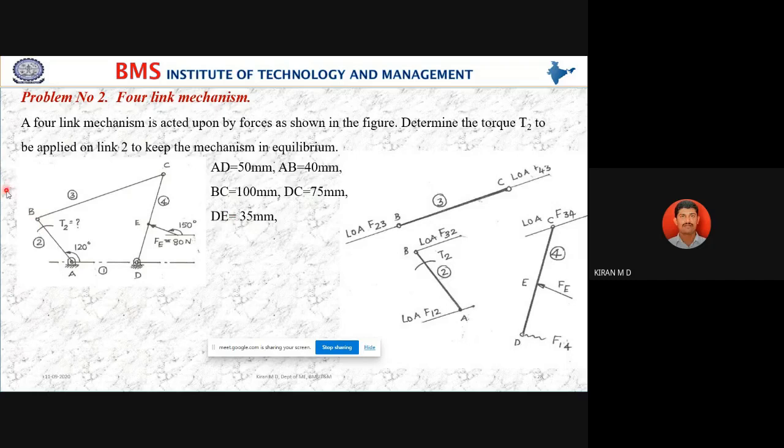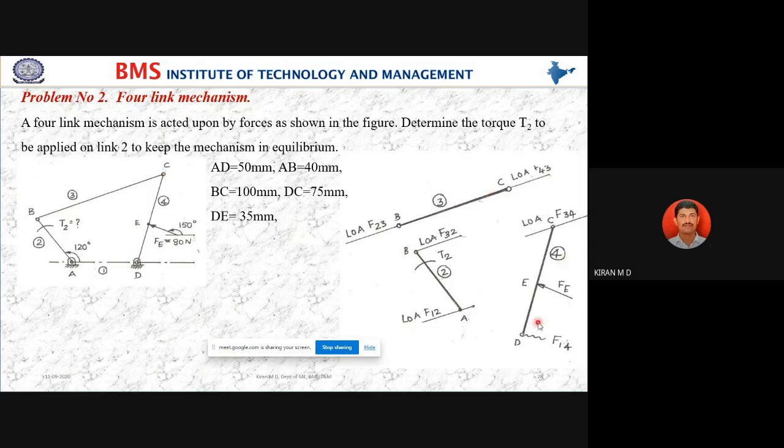You can observe here we have drawn the separate links. This is link 1, the fixed link, which is not necessary to analyze. This is link 2. It is undergoing the force from this direction, perpendicular to this one, then through this link, in this direction, again in this direction. Then this link will undergo the force from this link and this link, force from 2 on 3, then 4 on 3.